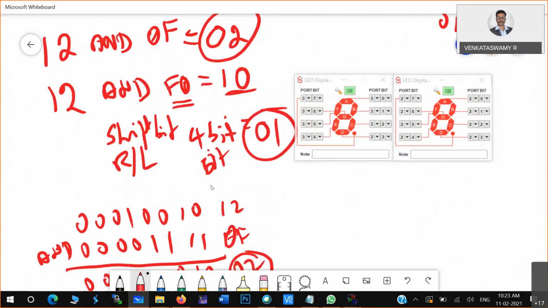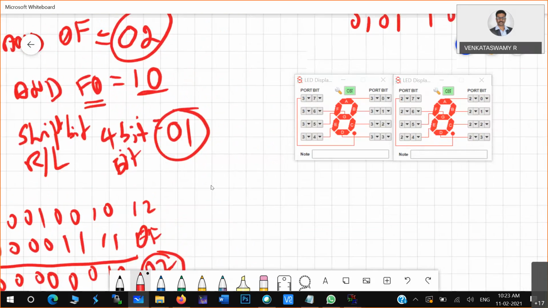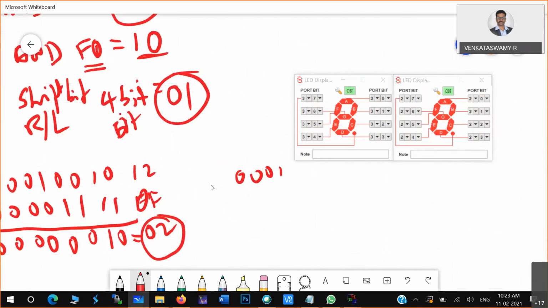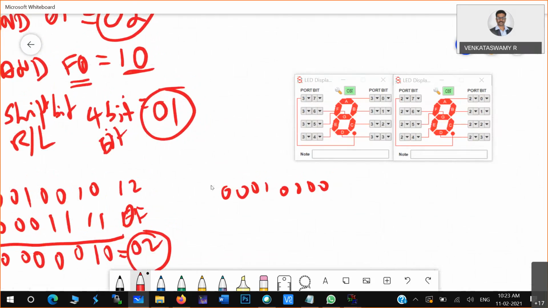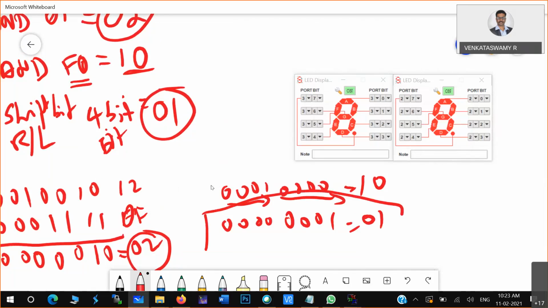And when I do the shifting operation 4 times, if I shift 10 four times, now what is this 10 means? 0 0 0 1 0 0 0 0 is the 10. So when you push this particular 8 bit 4 times, 4 bits if you shift, then what happens? These 4 bits will move and these 4 bits will come in this particular place. So 0 0 0 1 will come, and since you are rotating that particular bit, 0 0 0 0 will come in this particular place. Now what happens? Your 10 will become 01. So that is the 4 times shifting operation.